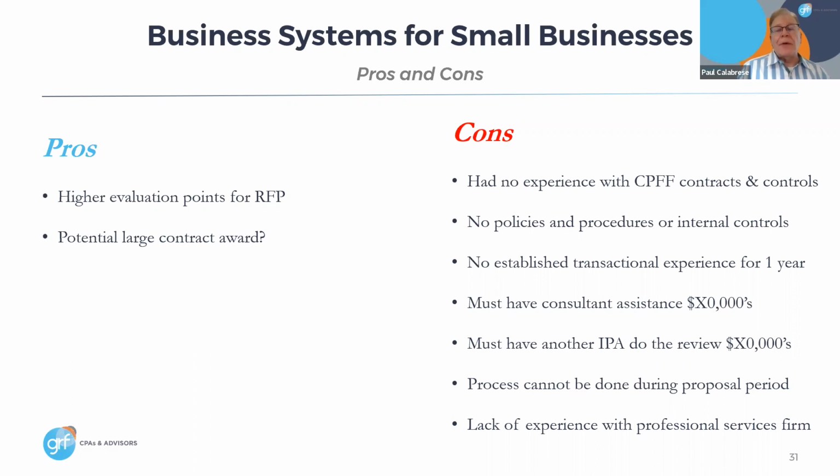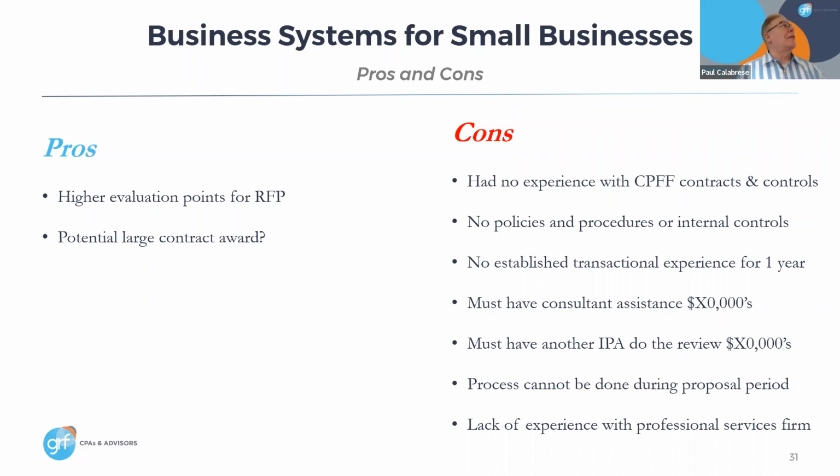The same with an independent review of such systems, which are two separate things. And a very, very large one, like under scenario 3 in the beginning of my section, they would have the resources. They're going to be 50 million to 100 million in revenue. And they're not saying this is a drop in the bucket. It is a significant investment for them. But the point is they have the resources. They understand this is something that must happen. It can't be done in the proposal period. And sometimes small businesses in the very beginning, they don't have the experience working with a professional firm.